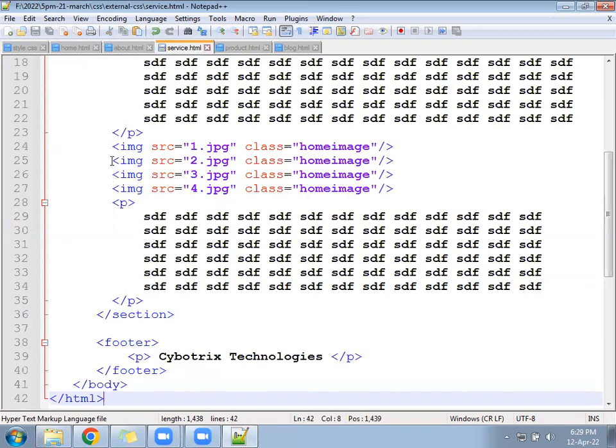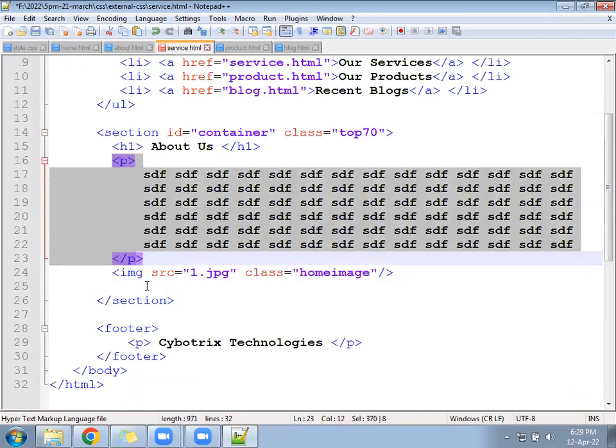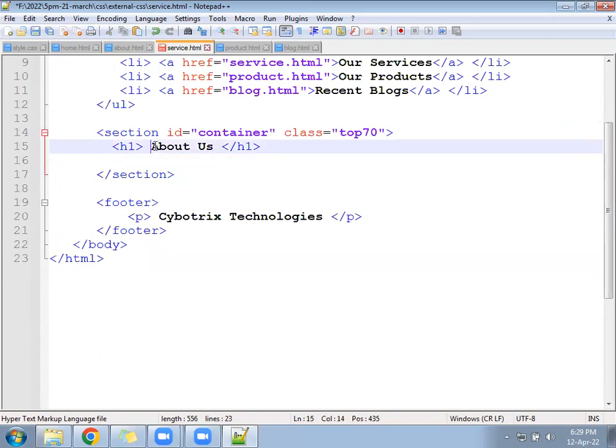And we can delete everything from the container. In the container, we'll delete everything. We can write our services.